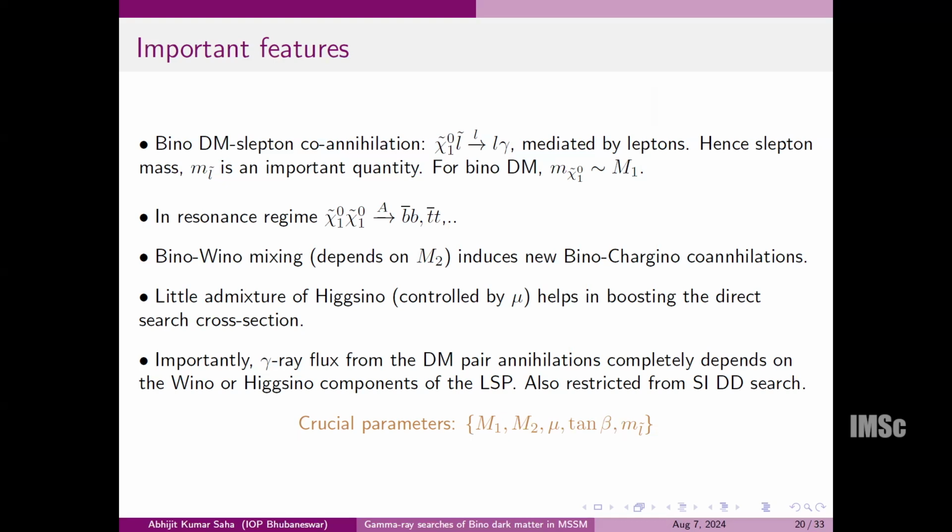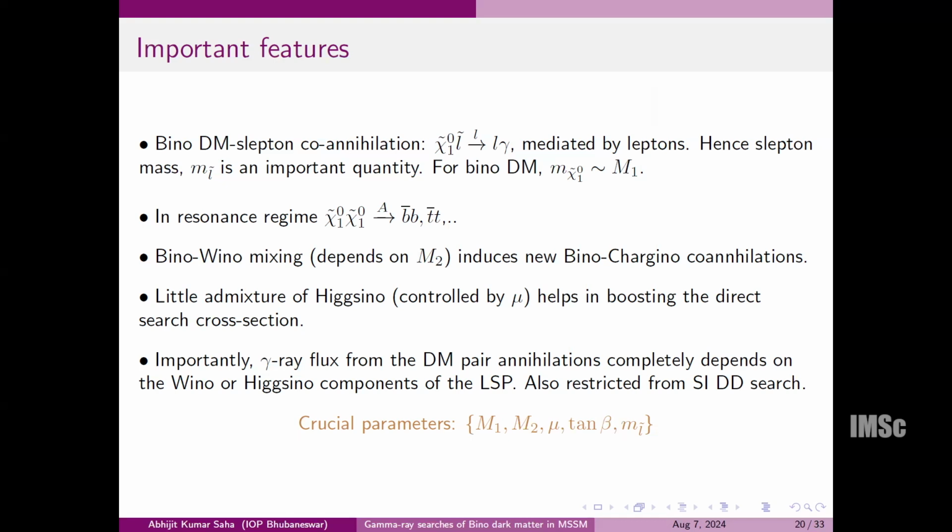Is that what you're saying? Yes, last point. Yes. Why is that? I can have a 3-body photon emission still, right? Two Binos annihilate to, let's say, leptons. Is that possible? Leptons, then two Binos, but the vertex will be proportional to how much Higgsino you have. So if it is a pure Bino, I cannot get two leptons. No. Why? That vertex, as I said, Bino, Bino, then it will be mediated by Z,